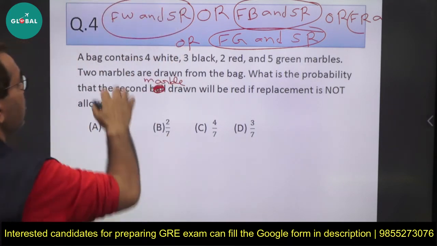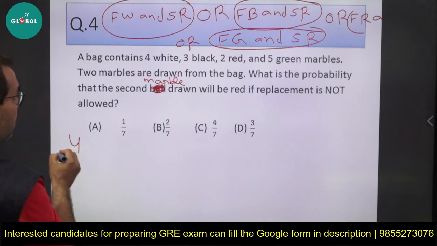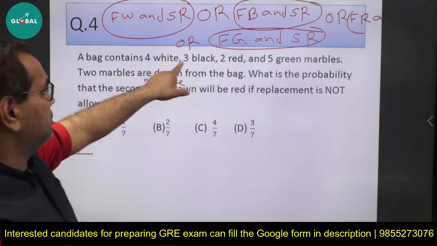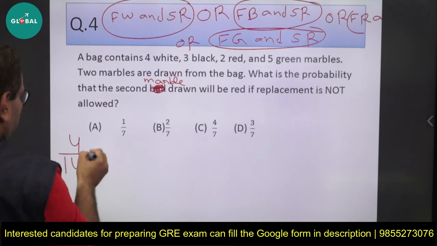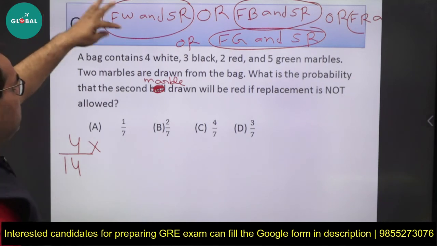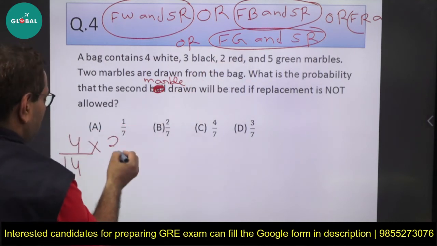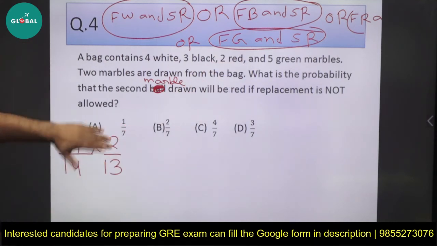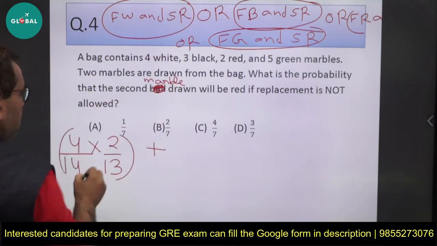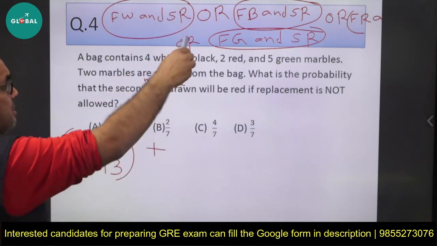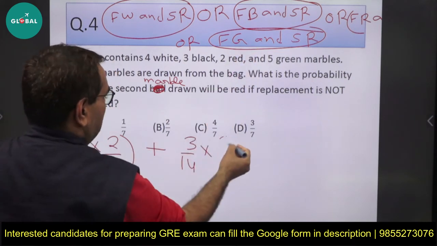Now first white, how many white balls are there? 4 white. So first white means 4 upon the total balls, which are 4 plus 3 plus 2 plus 5, that is 14. So 4 upon 14 into, now suppose the first ball drawn is white, it is thrown outside. Now second red, we have 2 reds, so 2 upon 13. This is the probability of this event using the multiplication rule. Or means plus. Now first black means 3 upon 14 into second red, 2 upon 13,